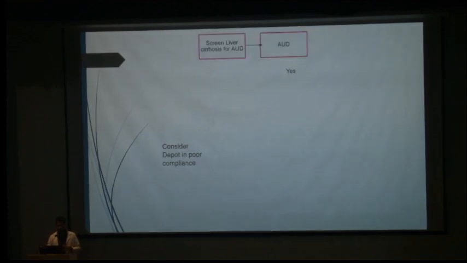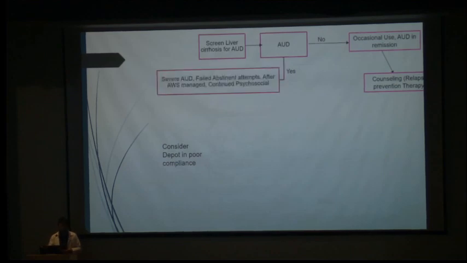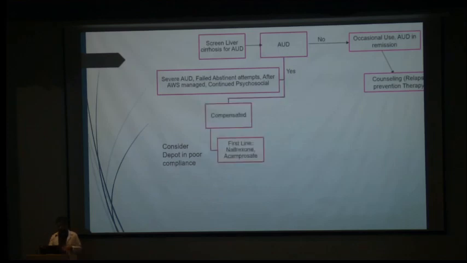So with that, the algorithm that we use is that all patients with liver cirrhosis are screened for AUD. If they do not have active alcohol dependence, if they have occasional use or are in remission, they can just be given counseling or relapse prevention therapy. But if they have severe alcohol dependence, multiple failed abstinence attempts, and once the alcohol withdrawals are managed, along with continued psychosocial support, in patients who are compensated, first line remains naltrexone and acamprosate. If monotherapy fails among the various medications that we discussed, dual agents can be used, and if still there is no improvement, then we consider disulfiram based on risk benefit